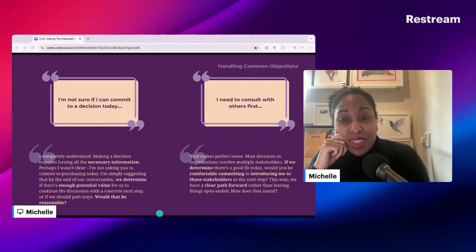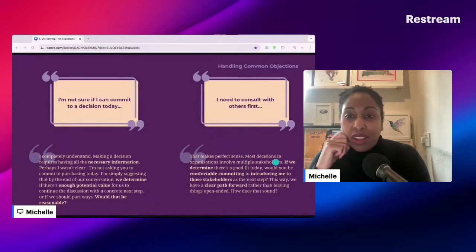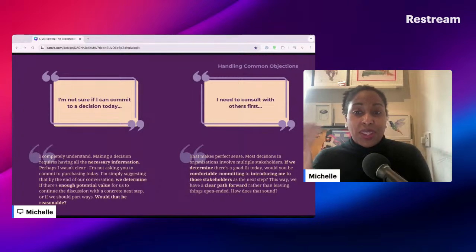So if in fact they can't commit today, then take it back to, actually, we're just looking to make sure that you've got the necessary information to proceed. We want to determine if there's enough value in this for the next step, and then ask that question, check in, would that be reasonable? We want to make sure that they feel okay and that they feel like that objection has been answered and solved in some way.